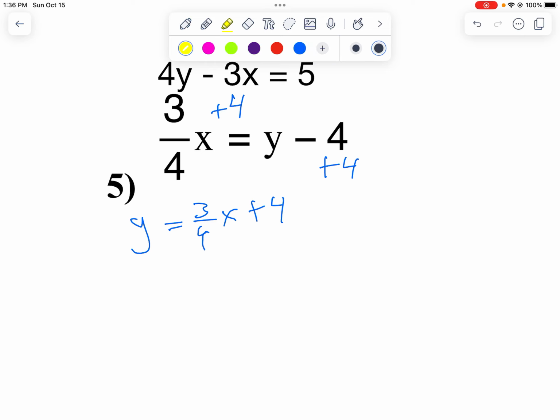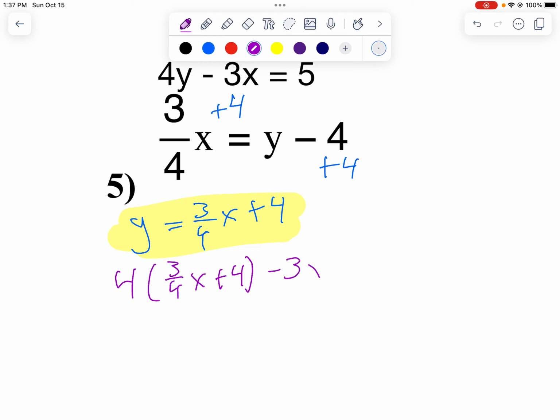That's when I'm going to substitute into my first equation for y. So in my first equation, we're going to go 4 times y, but y is 3/4 x plus 4